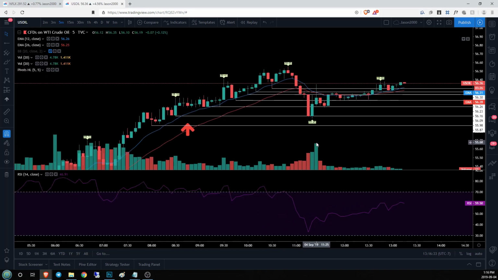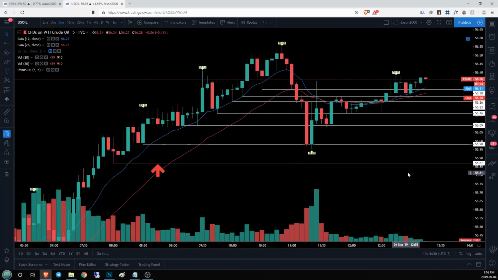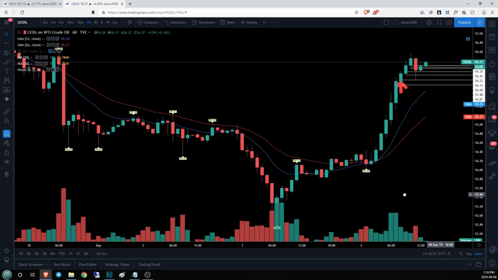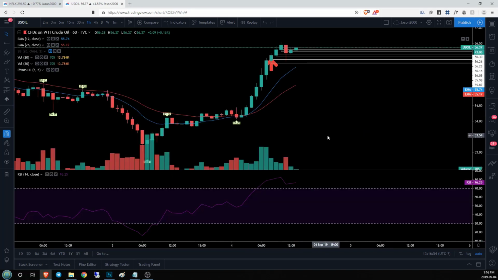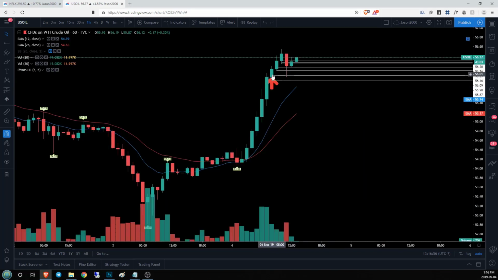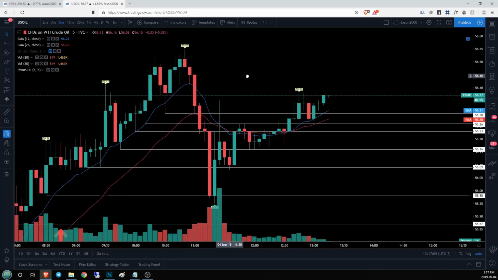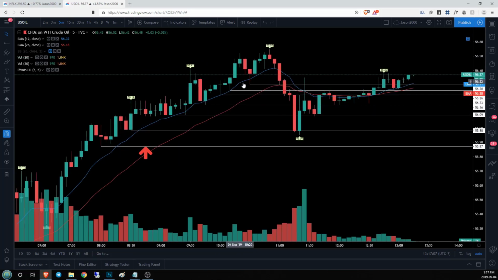So not a sexy trade per se, but it's really a lot of technical analysis. It's just watching these levels, looking for your trend changes and not entering just because we're overbought on multiple time frames for US oil. Actually, I'm not even sure if we are, but yeah, you can see that on the hourly time frame, RSI is cooking. So we're expecting a pullback, right? You don't want to just enter for the sake of our RSI being really overbought and having multiple green candlesticks. You need to wait until the trend tells you that it's changing, and you stalk it and you wait for it and then you capitalize on it. And that's pretty much all there is to it.